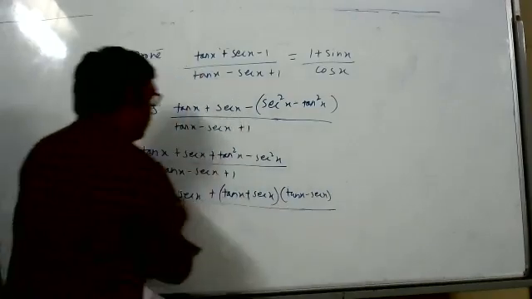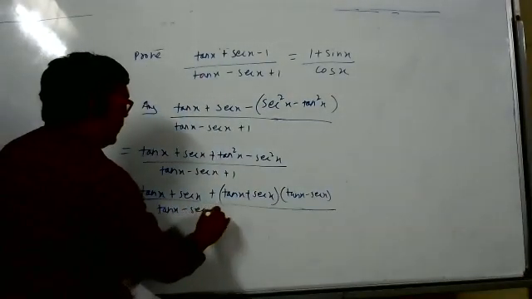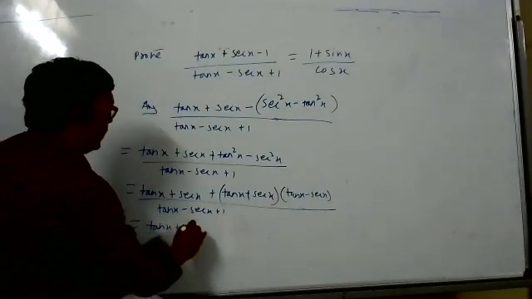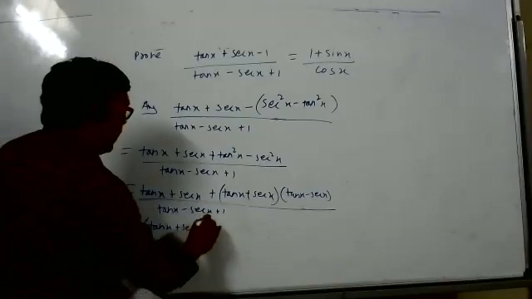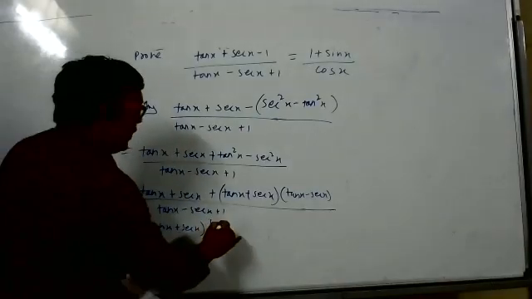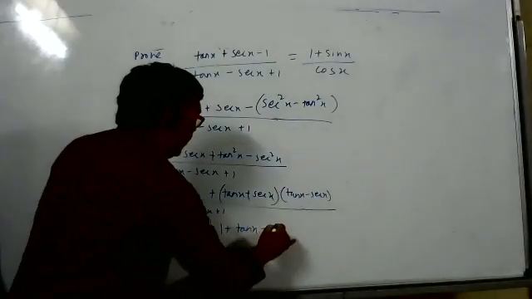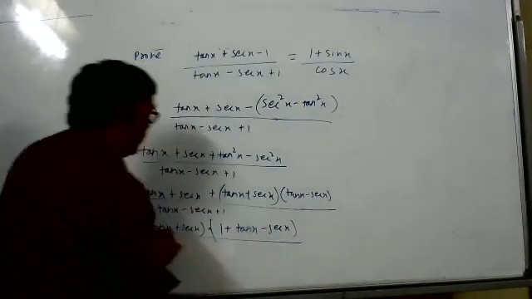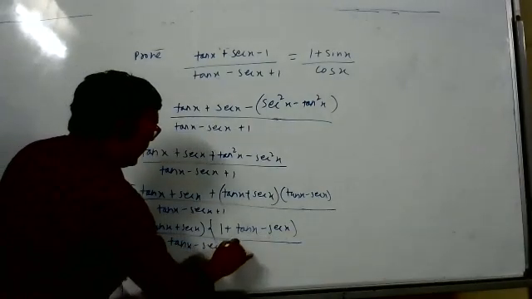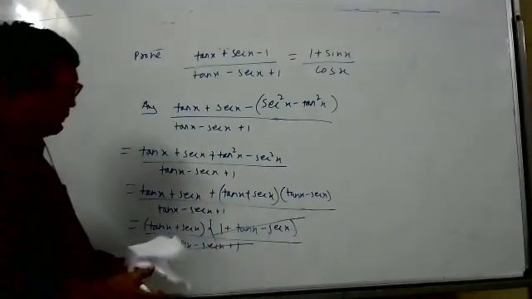So now in the numerator, some factors are common. Ananya, which factor is common now? The entire tan x plus secant x is common. It went outside. So what is remaining now? What is remaining? 1 plus tan x, this factor, minus secant x. And that is only present in the denominator also. So this full factor will get cancelled and we will get so much happiness by the cancel.